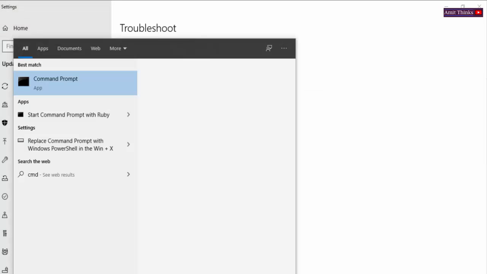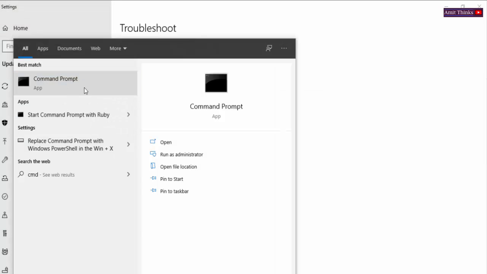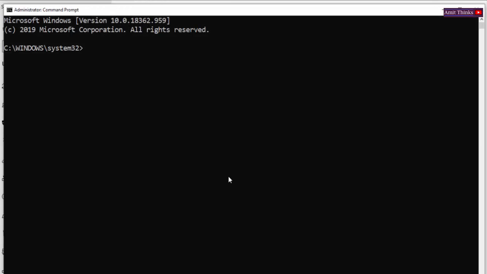Now go to start, type CMD, right click and open as administrator, run as administrator. Now here we will type some commands. I have mentioned the commands in the description. So you can just type them and press enter and restart your system. That will reset your entire DNS and TCP IP configuration. Let's type the first command,